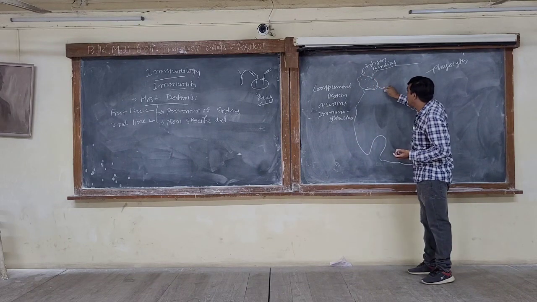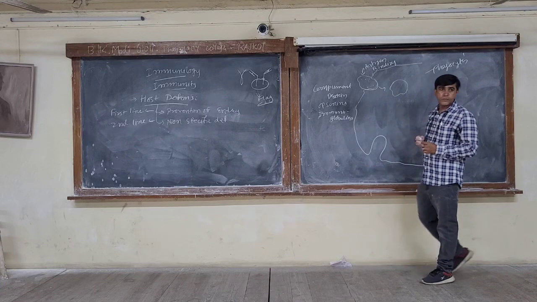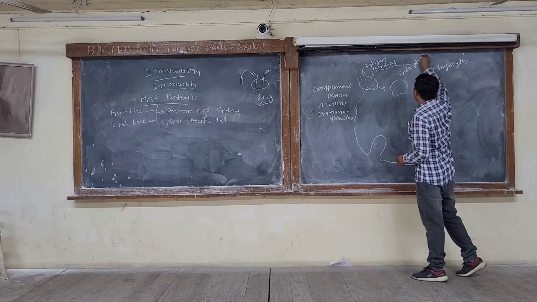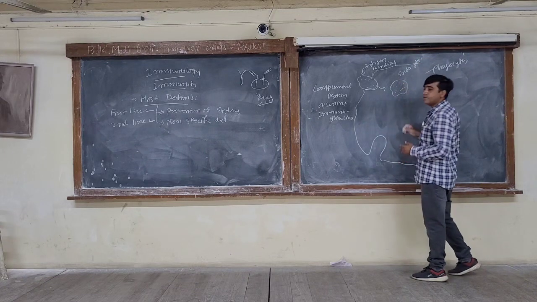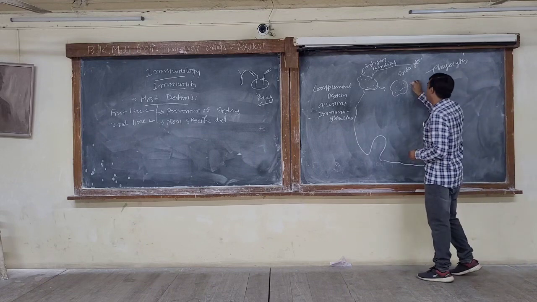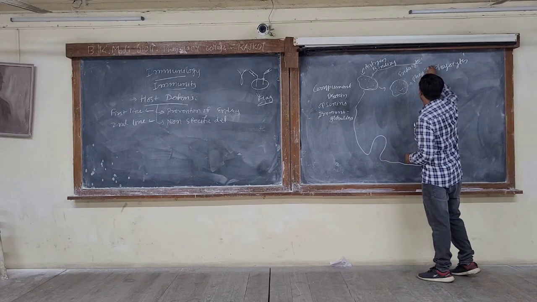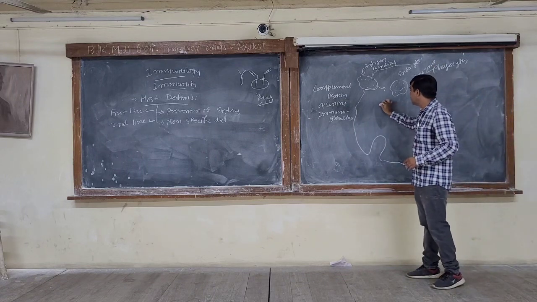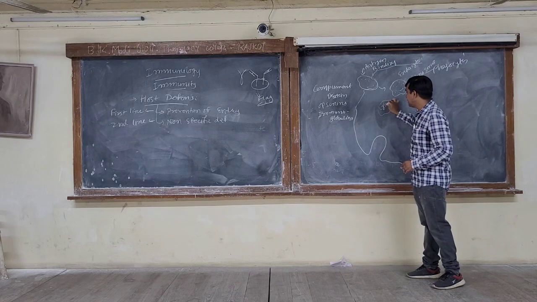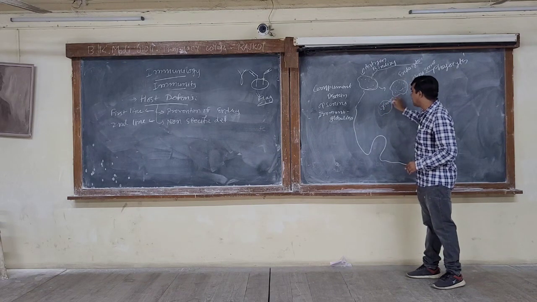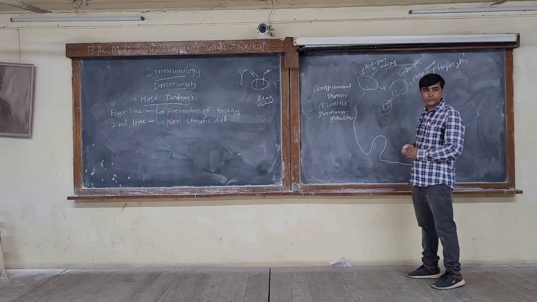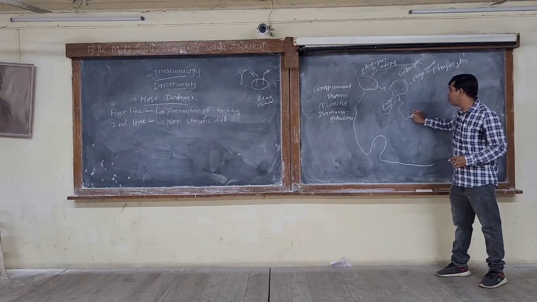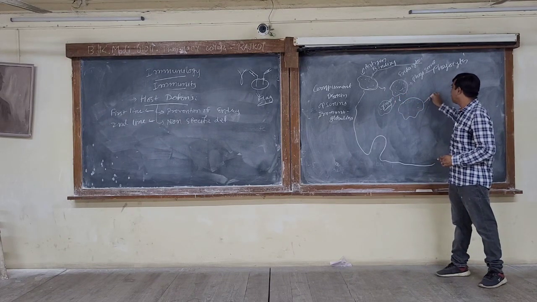The phagocytes then will engulf the cell. That is called endocytosis. And they will form a vacuole. That vacuole is called a phagosome. Now, phagocytes have lysosomes. These are the enzymes which can cause lysis. They are called lysosomes. In the phagocyte, these lysosomes and these phagosomes will fuse together to form a phagolysosome.